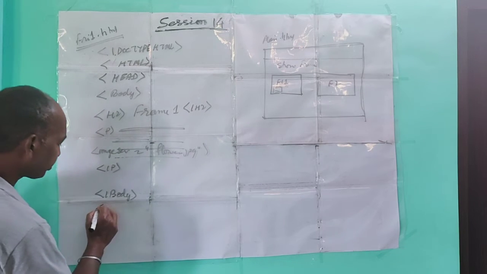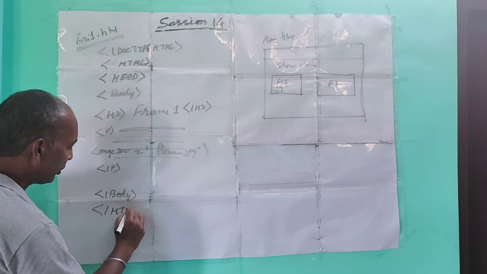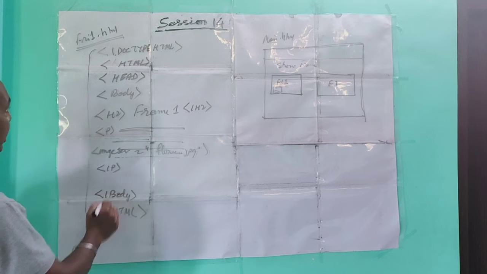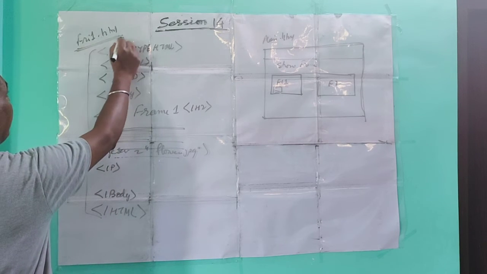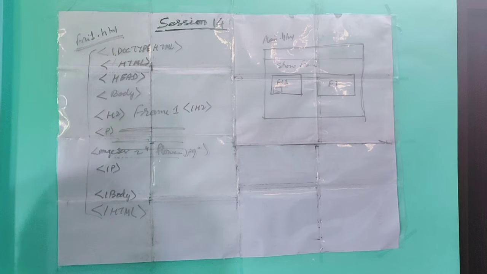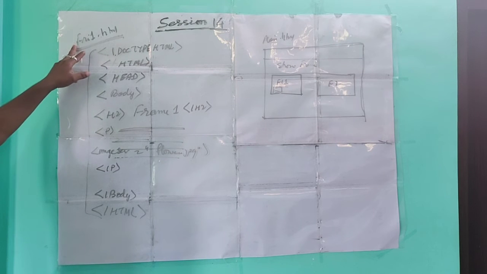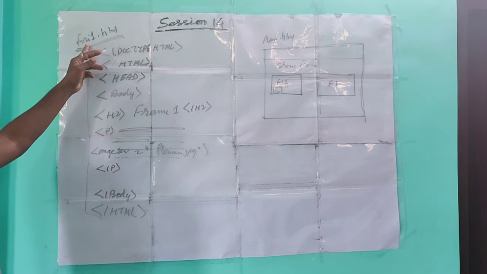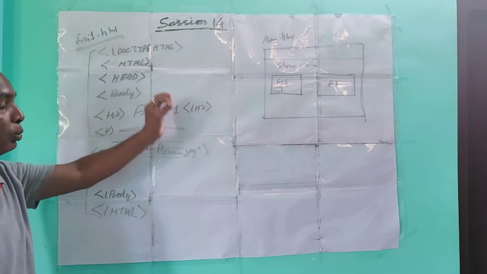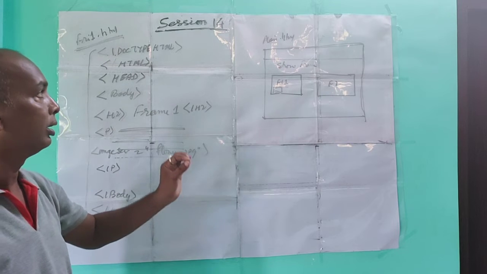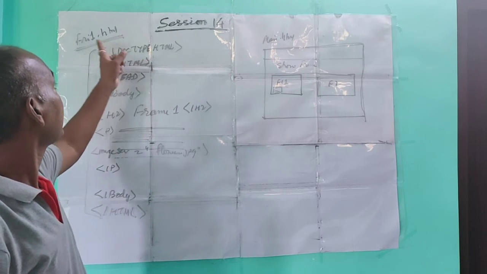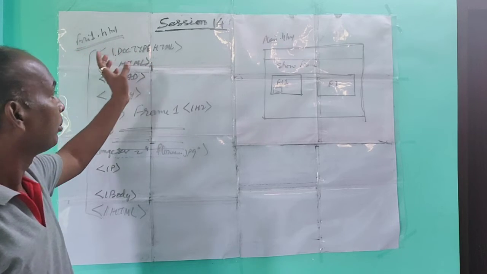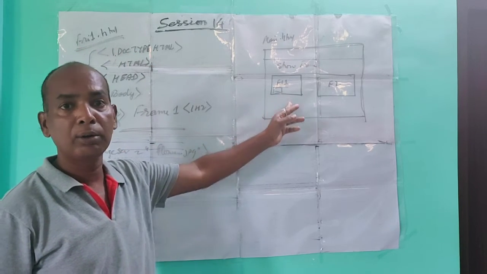So after that, close HTML, and when you create the document, save it under the file name fri1.html. Don't give another file name. If you give another file name, then, because fri1.html is used in your main document, if you change the file name, it will not appear in the web browser.